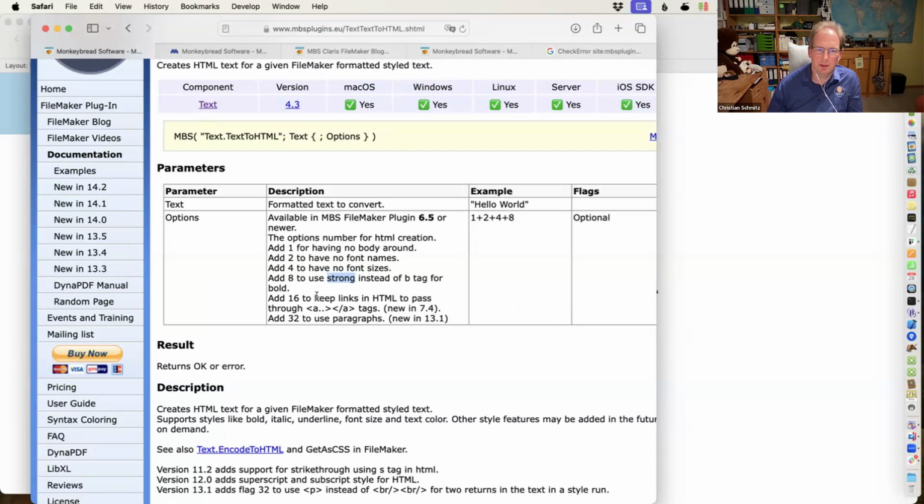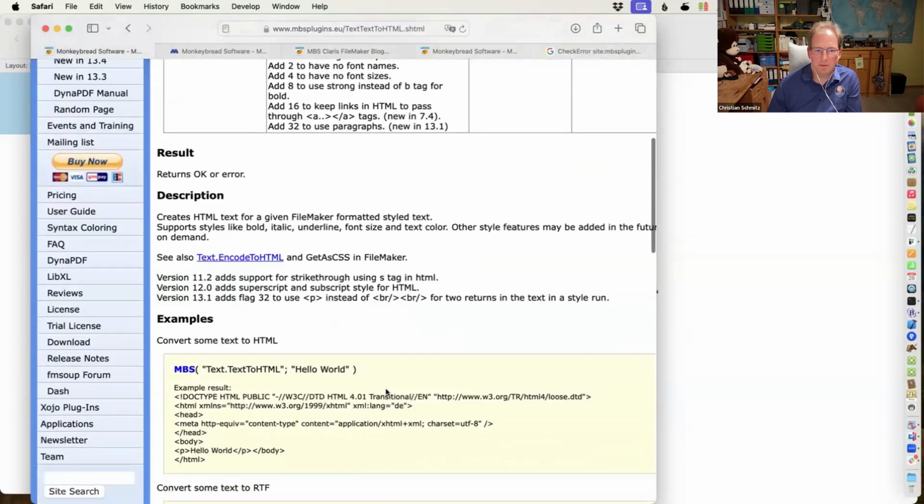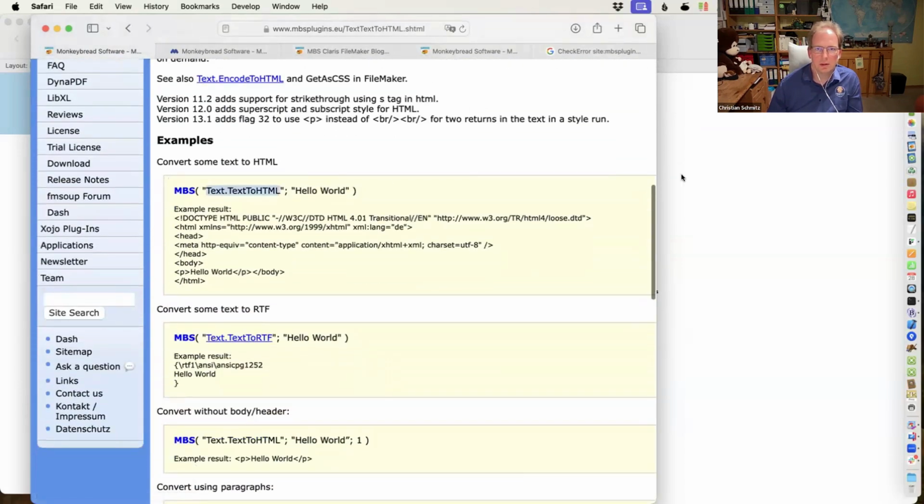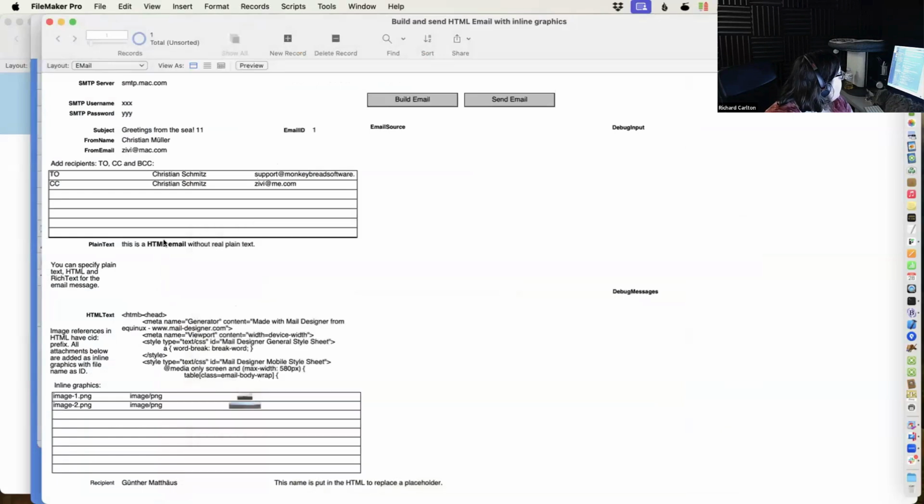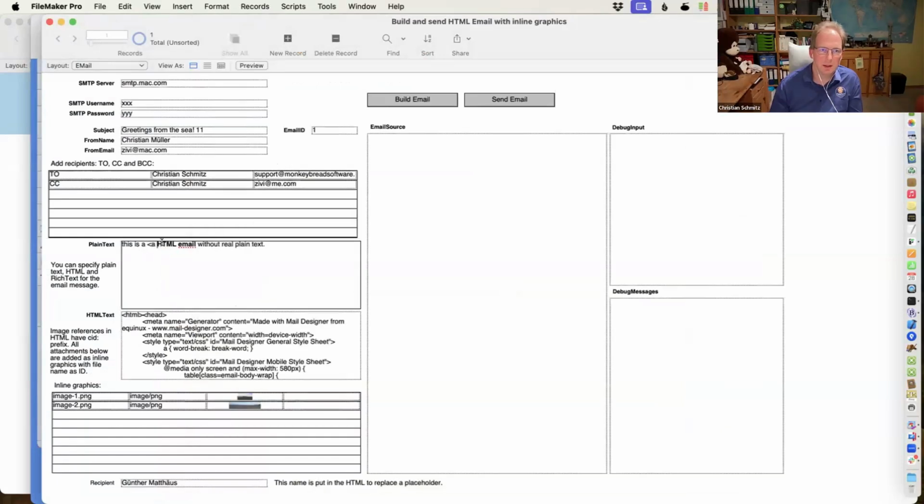So you can pass through, keep links, so you can just use a smaller-than a, so you could just write HTML links in your text and we pass them through. This could be helpful if you're doing this sort of thing. I would just code it right here and say, this is a link up to here, and this goes to planning TV.